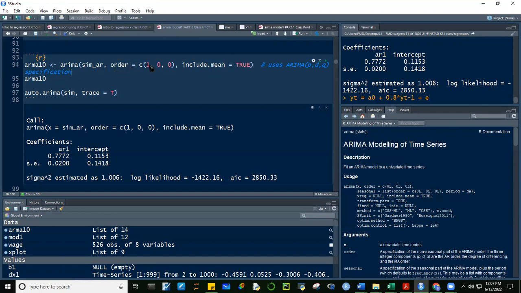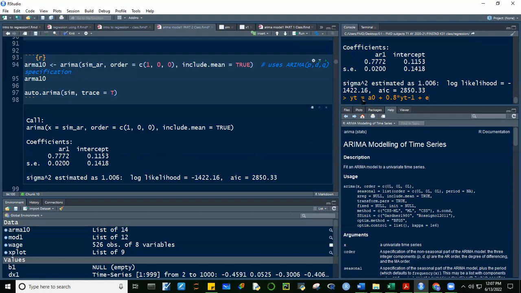And then ang order niya AR1 process lang, no? So C(1,0,0). So we're saying na i-model niya tong sim_AR na 1,0,0, AR1 process. And then isama niyo yung mean. Ang result guys ito. So you have this AR1 coefficient 0.77 which is very close to the 0.8, di ba? Ito yung AR1 component plus the mean.